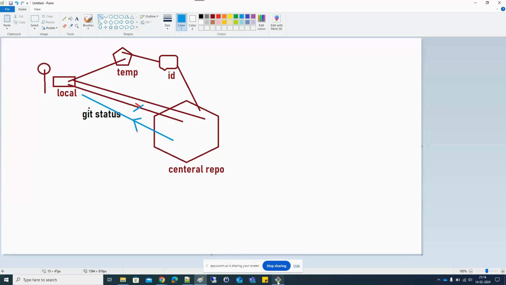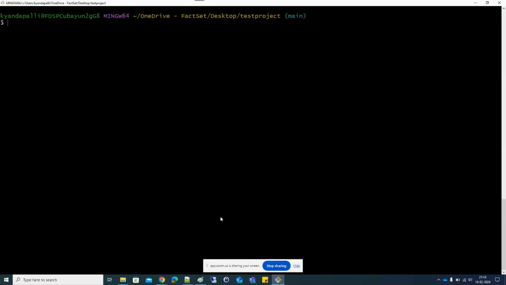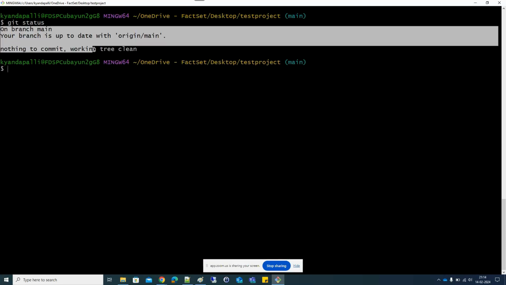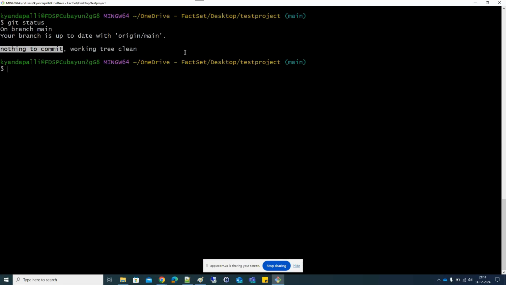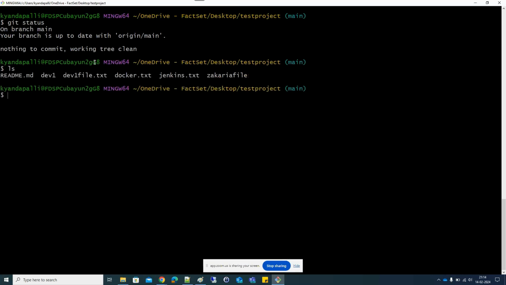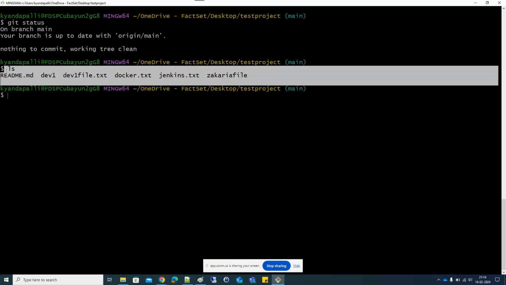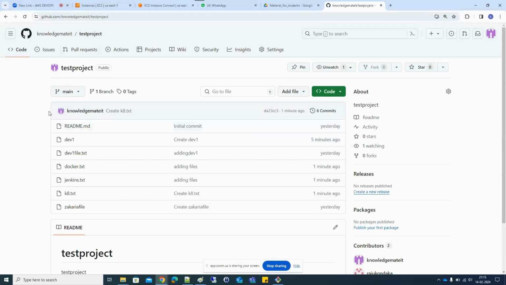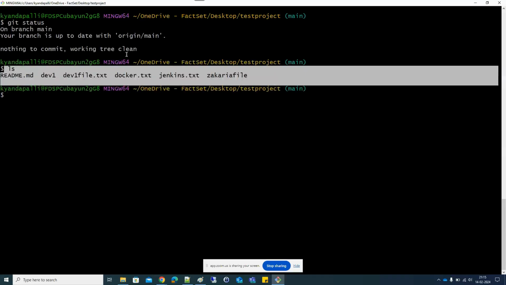If git status shows nothing, that means the files you have in your local are there in the central. But if you want the reverse comparison, to verify whether these files are here or not,